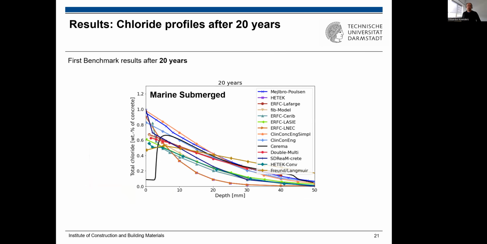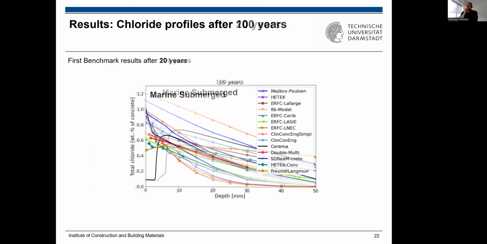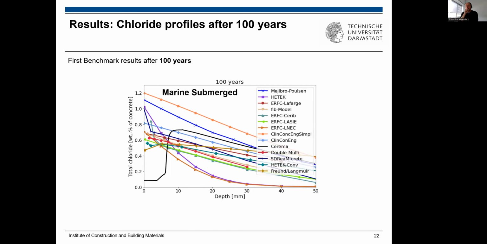Then after 20 years, you see the scatter is already a bit bigger, and the analysis of why this is bigger is in the report. And then after 100 years, you can imagine there is really a big unclarity about the scatter. Why are these results so different? Because the differential equations are not so different. The differential equation is the differential equation, right? But how is it possible that the results are so